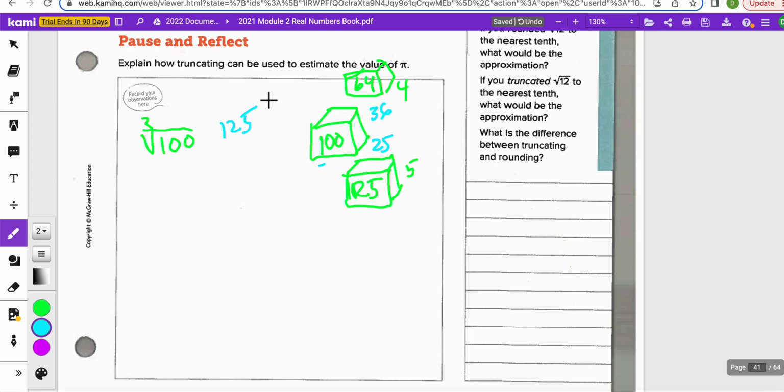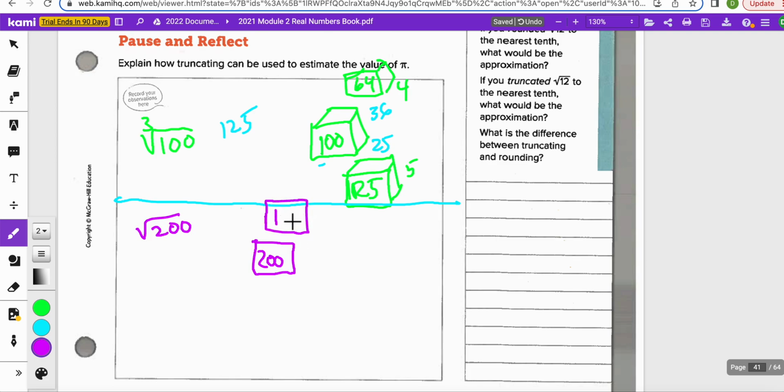Okay. Now, we can also estimate decimal values the same way, but actually we're not going to do it. Let's just practice a couple with square roots. So we're no longer going to do cube roots here. Write down this problem. So let's talk about a decimal value for the square root of 200. Okay, so that means I have a square of 200. Well, what's the smaller perfect square here? Well, that's going to be 196, which has a side length of 14,